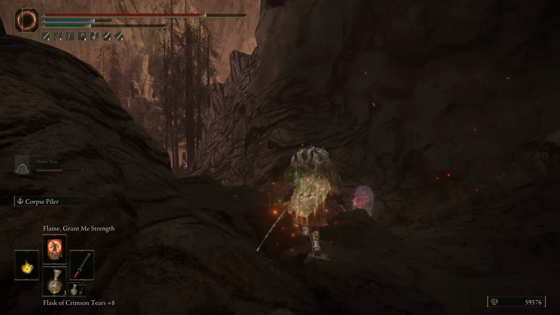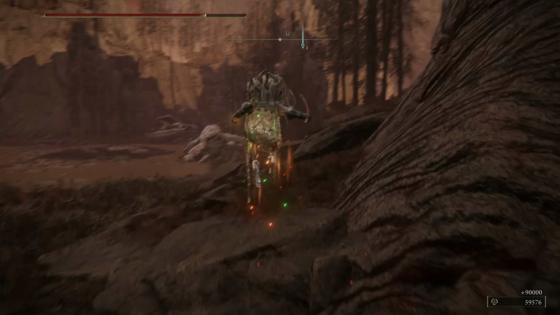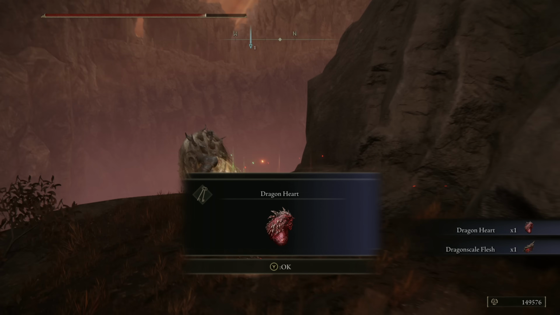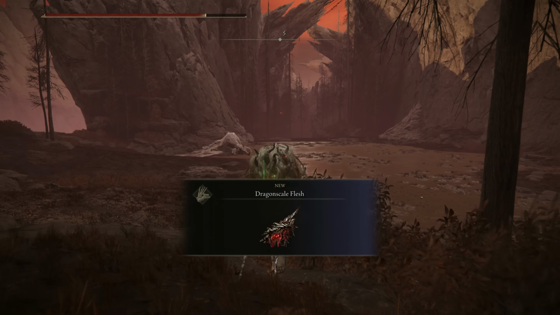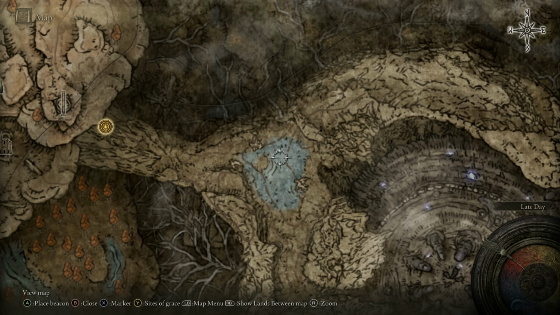So I didn't even get to enjoy this fight to its full potential. Mostly though, you'll probably just stick within its feet. Feel free to summon your Mimic Tear, and just make sure to avoid its attacks when possible. You will be given a Dragon Heart and the Dragon Scale Flesh upon defeating it, and from this location, you